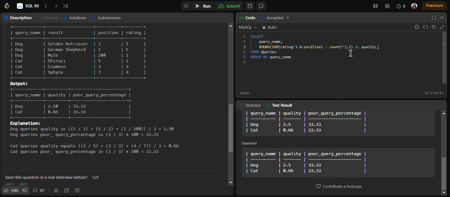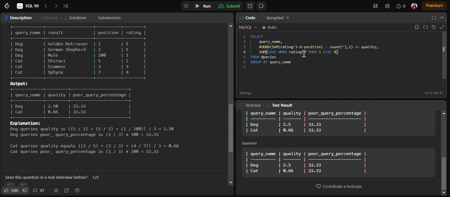Same thing we'll do for the poor query percentage also. We will make use of a case when condition: case when rating is less than 3, then print 1, else print 0.